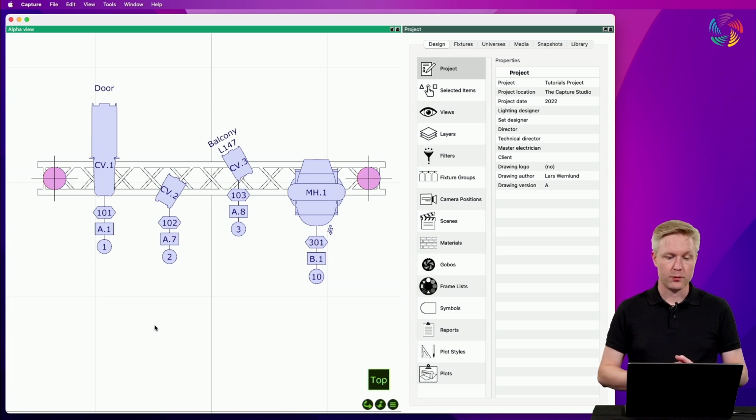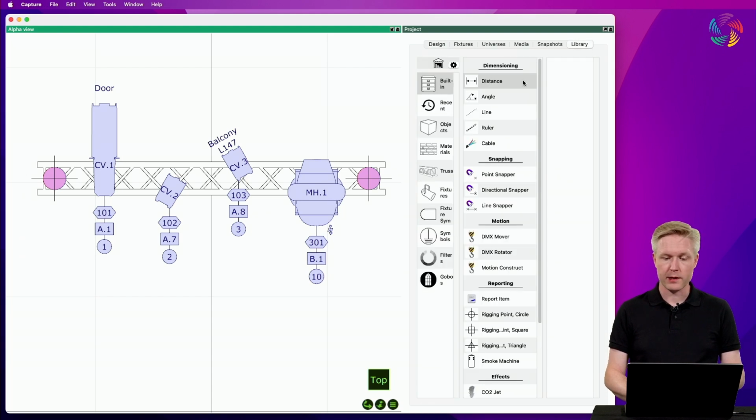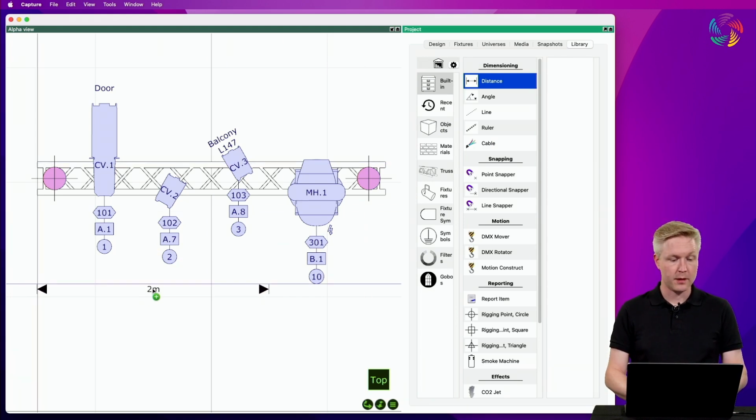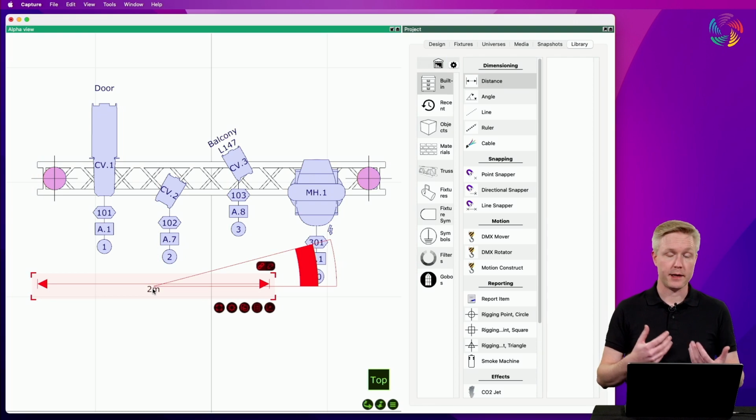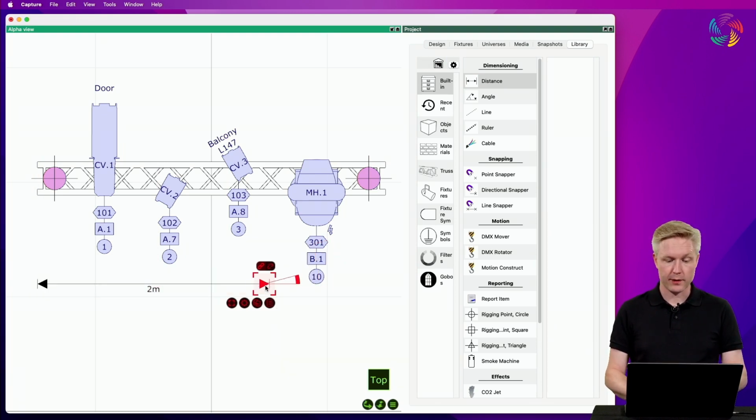I have a design here with a few fixtures hung on a truss, and I would like to add some distance information from the edge of the truss to the center of each fixture. One way of accomplishing this is by drag and dropping the distance dimension from the library into the design. This snaps to the center and edges of objects, and we can double-click on the ends of the dimension in